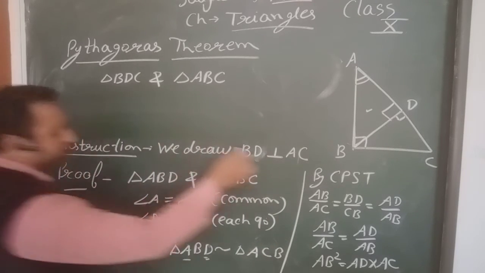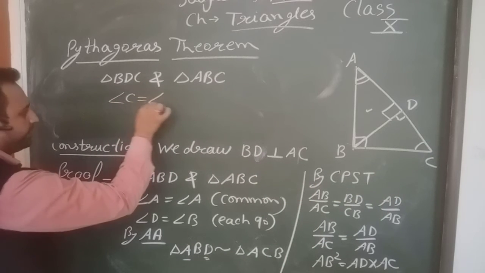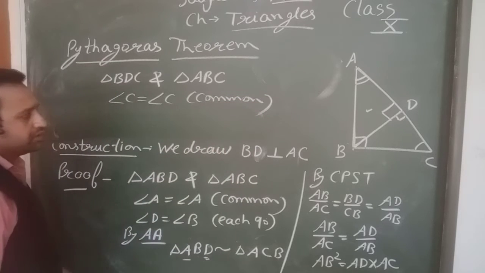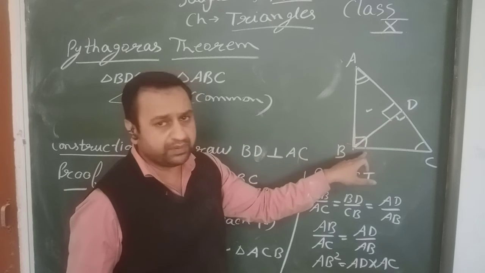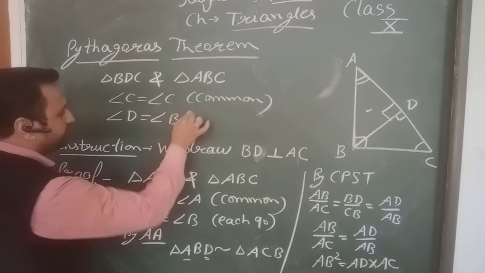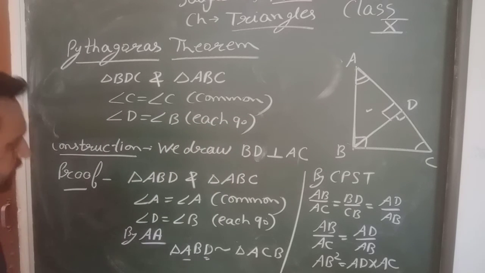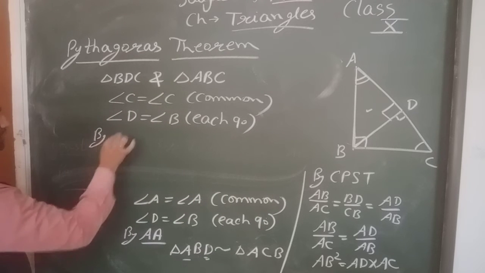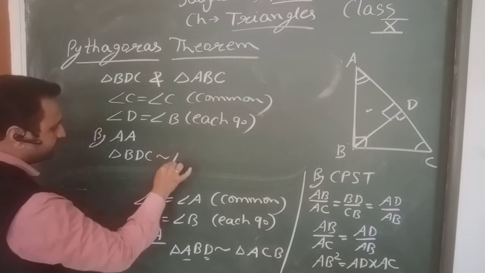In these two triangles we observe that angle C is common, and angle D of the smaller triangle is equal to angle B of the larger triangle, यानी कि angle D is equal to angle B. Reason, each is 90 degrees. So again, by AA criteria, we can say that triangle BDC is similar to triangle